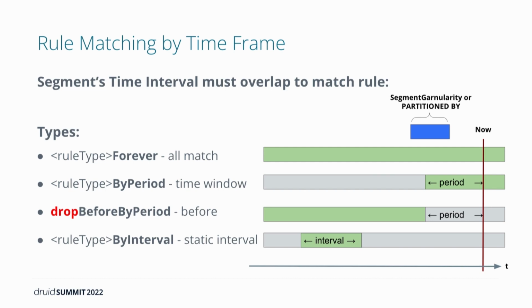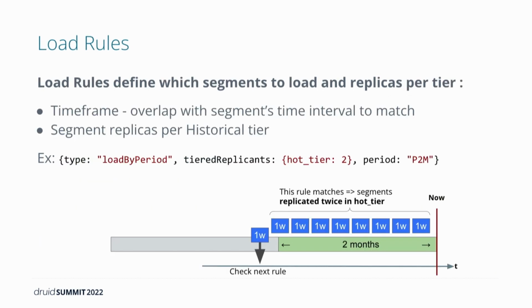Let's see what we can do with each of these rules. We've talked about the time frame of the rules, and that's how they're used to match or not match. But then there's the action of the rules, right? So there's the load rules. If a particular segment matches the time frame of the rule, it will then apply the tiered replicants result